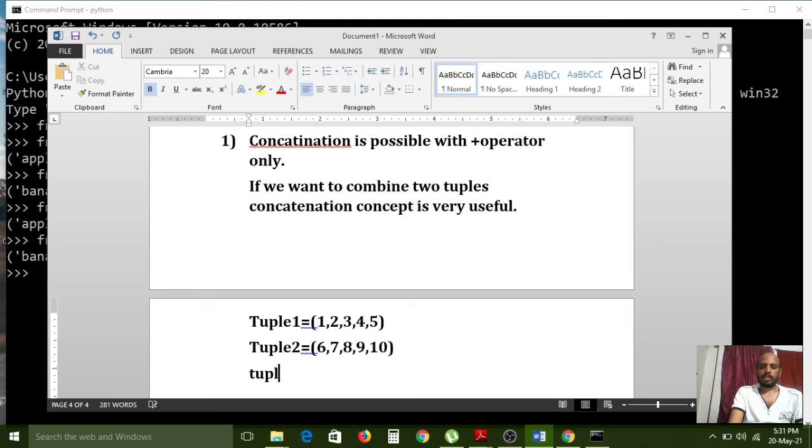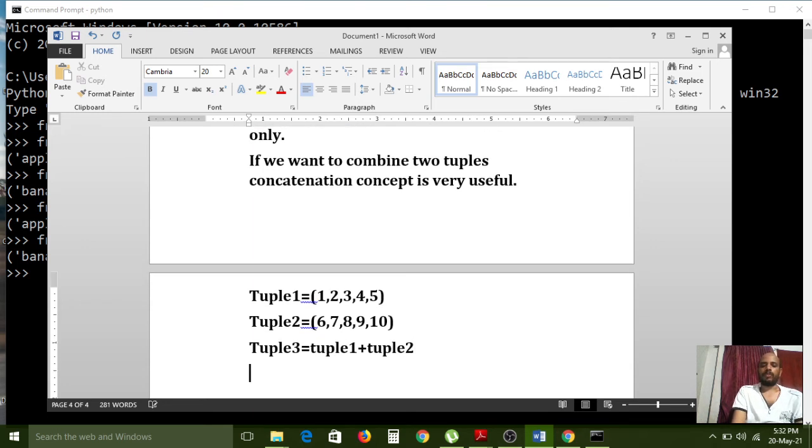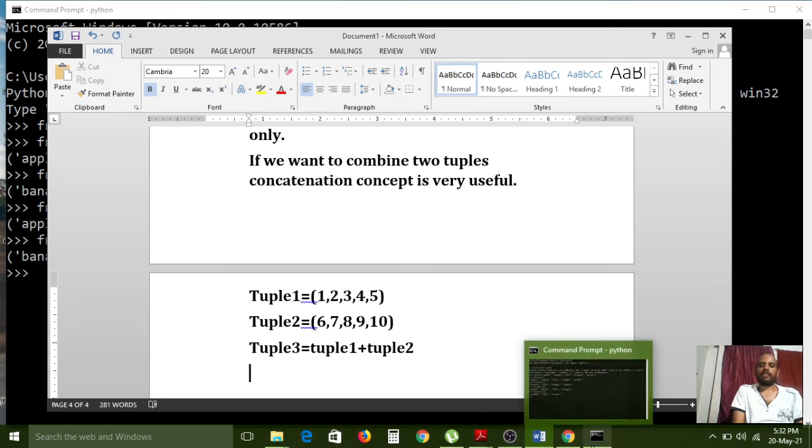Next I am creating tuple 3, and tuple 1 plus tuple 2. If you give it like this, then 1 2 3 4 5 6 7 8 9 10 will be combined into a single tuple, and after the combination is over, the items will be stored in tuple 3. Now we have to see it practically.